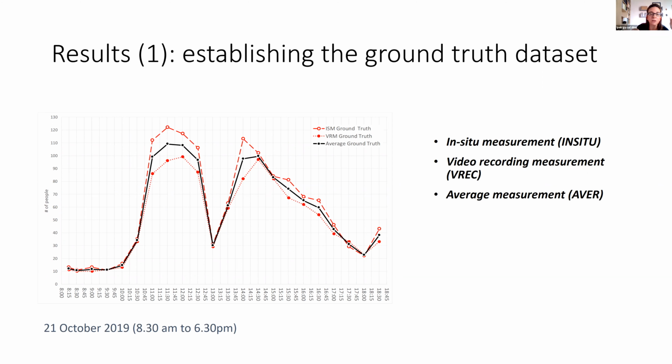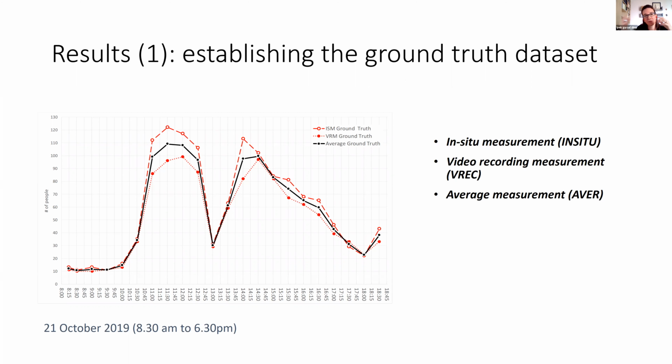The second one involves someone counting from the video recordings on the screen. And the third one, the average measurement, is the grand mean that summarizes the two ground truth measurements.